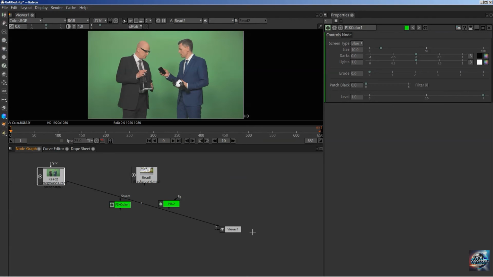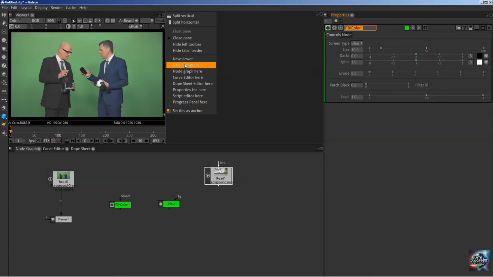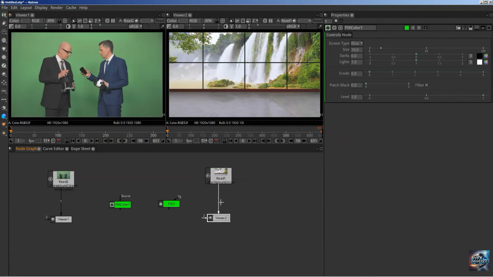I'm gonna have to bring this one here, and please get in the habit when you're working, especially with this pick, color, and pick, and generally when you're working with green screen, to have two viewers. So I'm gonna come over here, split horizontal, create a new viewer, and this is my new viewer. Okay, now I am going to have,